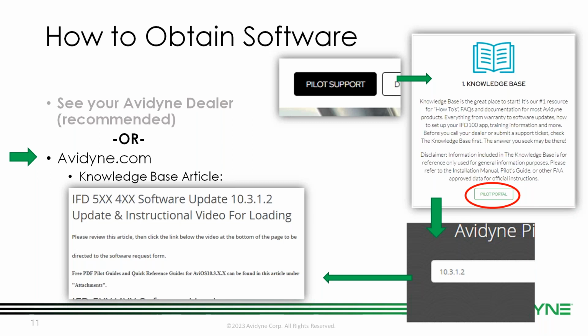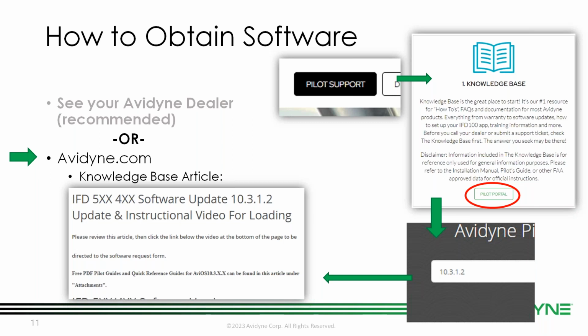Click that link where it says Pilot Portal, and then it'll take you to our knowledge base. Until it becomes a popular link, it won't show up on the top 10 links just yet. So go ahead and just type in 10.3.1.2, and you'll see that in the list. Once you click there, you'll get the full list, the full release notes, everything that 10.3.0.2 brings, 10.3.1.2 also,